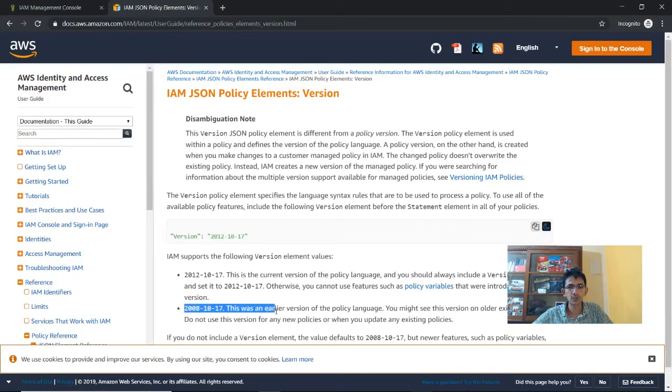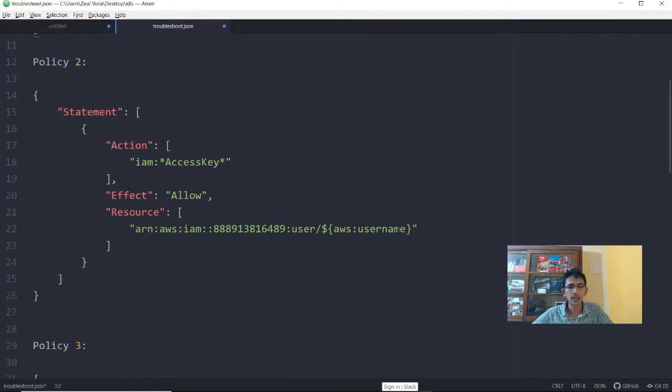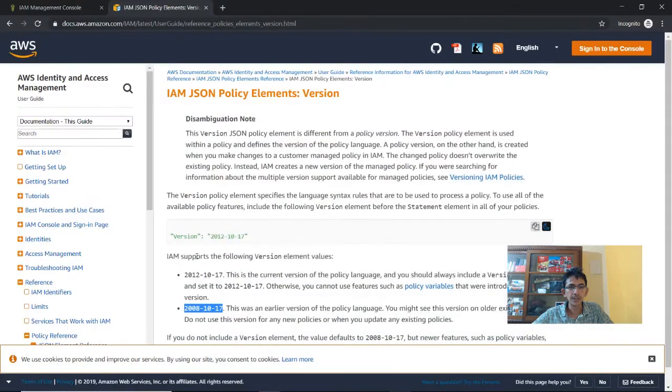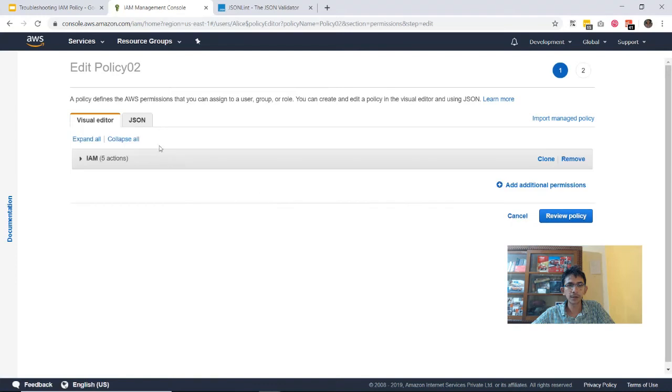This specific version does not support policy variable. So in order for you to make use of policy variable, you will have to explicitly make use of the 2012 version element. So let's copy this and go to edit policy,